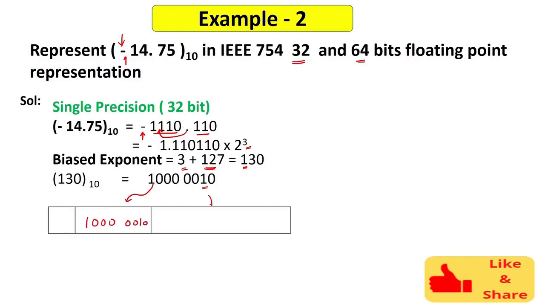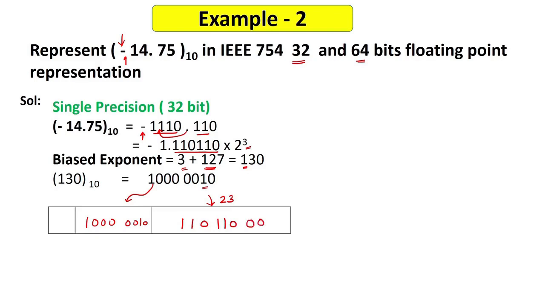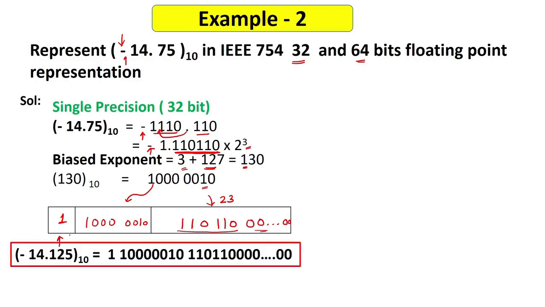Now here in the mantissa I have to store the mantissa bits. So these are the mantissa bits, right? So this is 110, right? And now I will use extra 0s. So I can write simple 00 and then 2 dots or 3 dots, simple 0. Now as the sign bit, what do I have to store? Here you can see that this number is actually negative. So for the negative sign, I have to store 1. So this is the only difference from the previous example. So the binary pattern will be this one. Only 1 is kept here. All the remaining bits are the same as in the previous example.